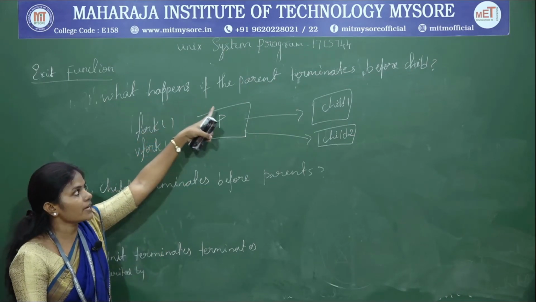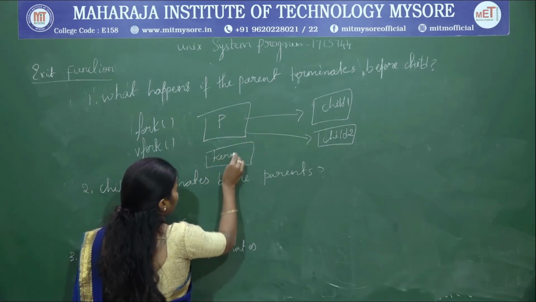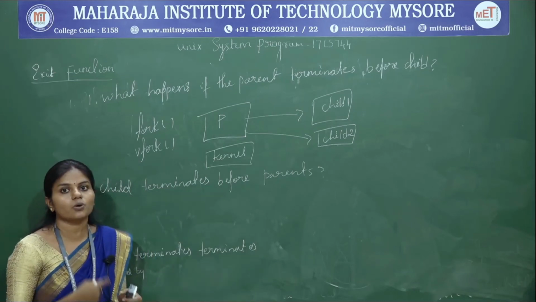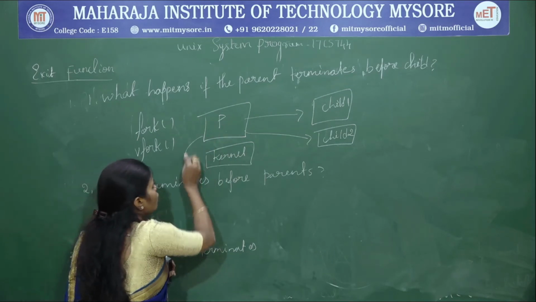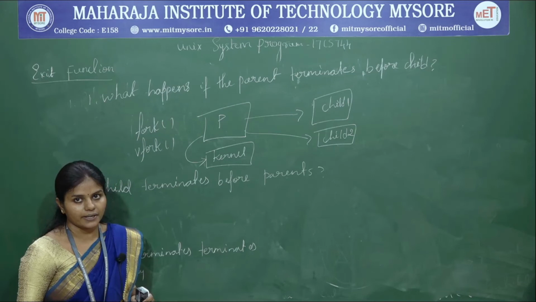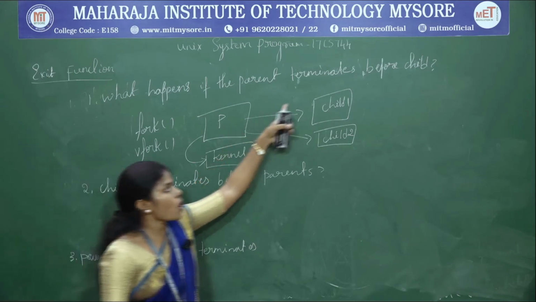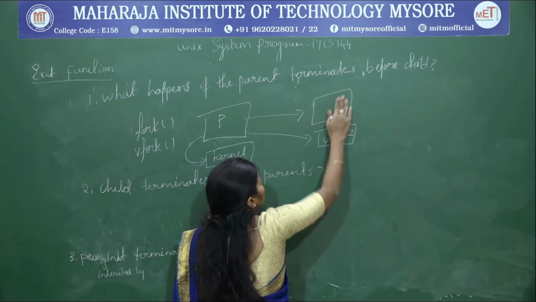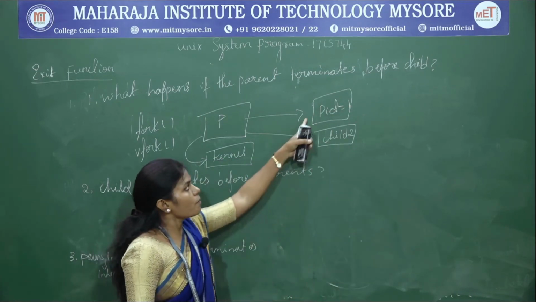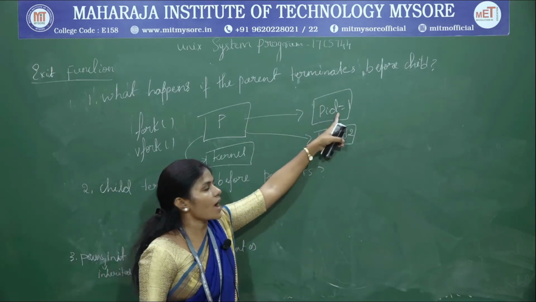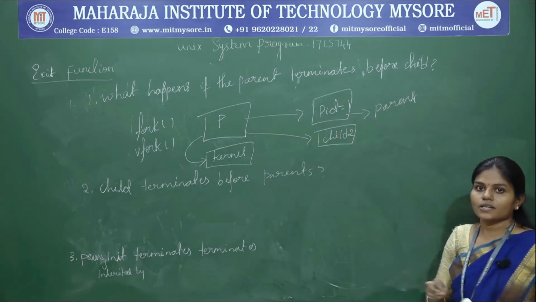So what is the question? The parent is going to terminate before the child. What happens here? The kernel keeps track of all the information about the terminating process, right? When the parent wants to terminate, it informs the kernel that it wants to terminate. In that case, the kernel is going to make one of these processes the process with PID equal to 1. So when the child becomes the process with PID value 1, it becomes the parent for all its children.